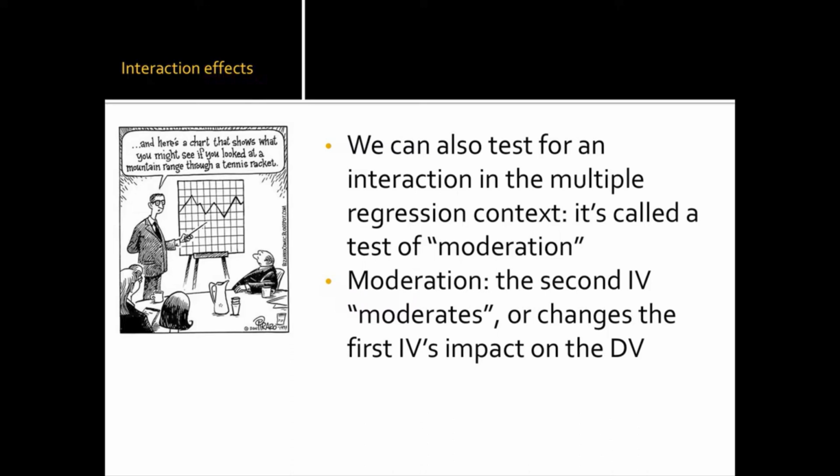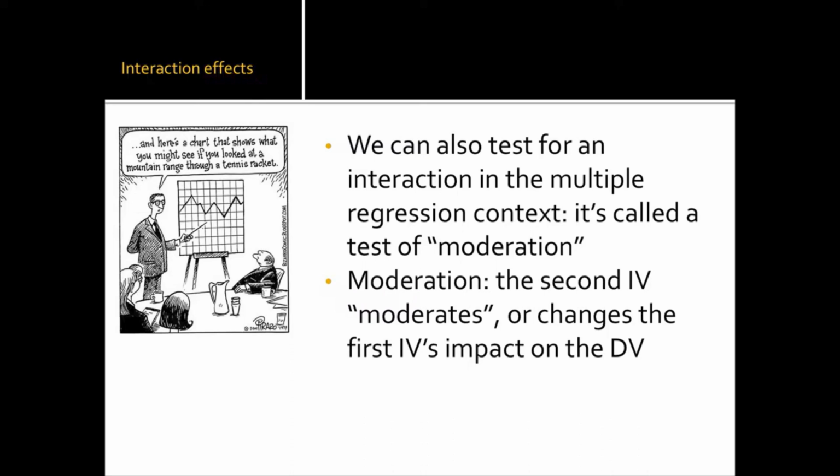Well, first of all, they don't always call it an interaction. They call it a moderation effect. And moderation implies sort of a sequence where you have an initial IV, and then you add in a second IV, and that second IV changes the impact of the first IV on the dependent variable. Well, that's the same thing as an interaction. When you do an interaction in ANOVA, a lot of times you have both IVs in there from the start. That's really the only difference that I can see in terms of what interaction effects are versus moderation effects,